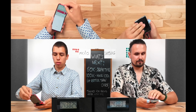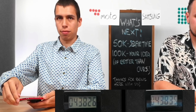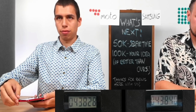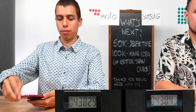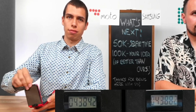We even encountered first problems with the Motorola's hinge after roughly 43,000 folds. It was stuck, not allowing the phone to close all the way down. The person folding the phone tried to gently overcome the resistance, but after they finally managed to close the phone, the hinge stopped working properly. We thought the phone was still usable and continued the experiment, but if it was my phone…